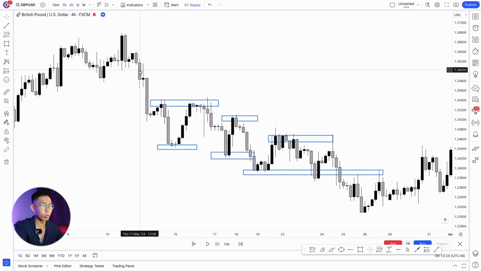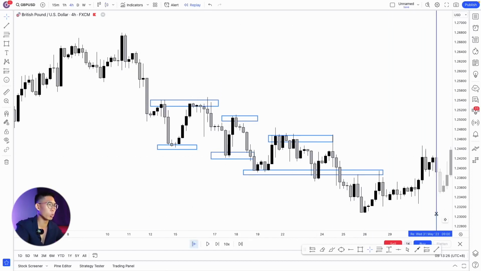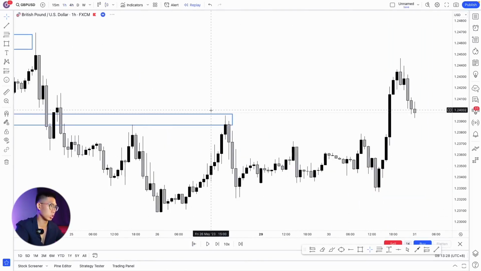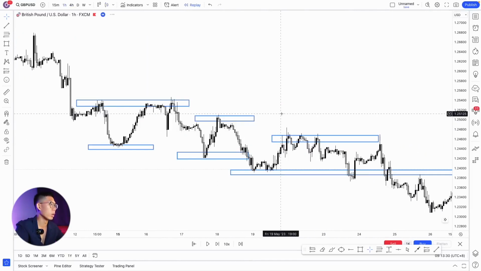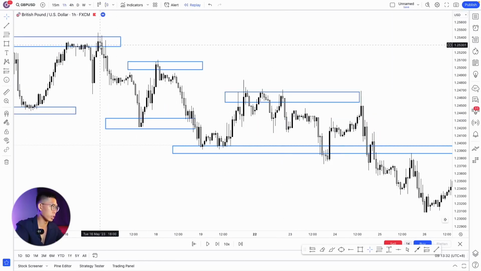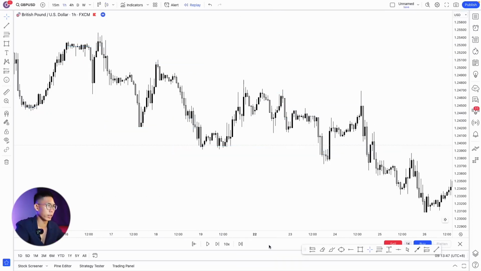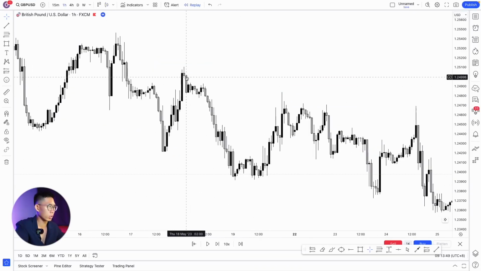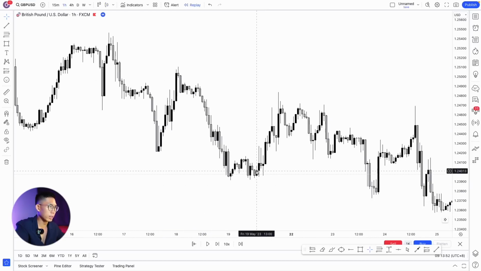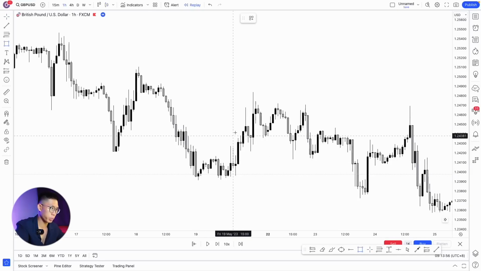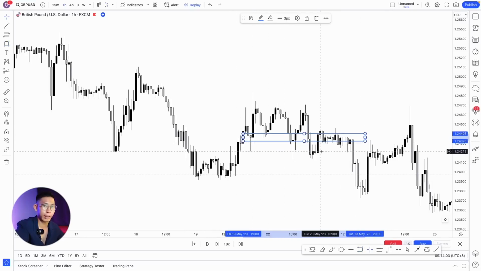So what you can even do is go down to the 1 hour time frame to look for your minor structure. So once we go down to the 1 hour time frame, we can see that price is actually not that smooth anymore, right? But in a way, you can still see the downtrend. So you can see right here, price creating a new lower high, lower low, and within this little lower low, price is retracing. So price retraces and starts creating new little higher highs, higher lows, higher high, higher low. And then when price breaks through this last higher low, like I said,